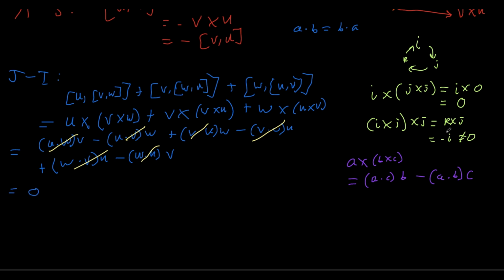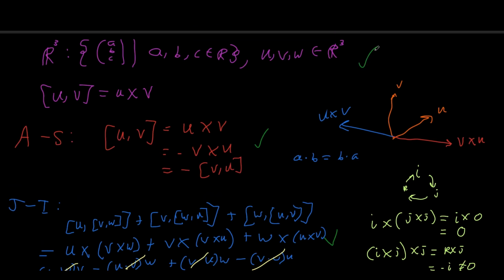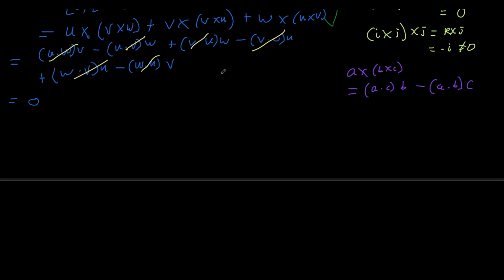So, hooray, we have both anti-symmetry and the Jacobi identity. So the 3-dimensional vectors with real elements under the vector product is a Lie algebra. So now one more main concept before I give you some practice questions. I'm going to give you one more example of a Lie algebra,